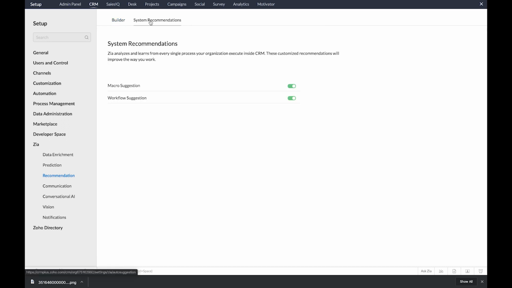Now, other is the system recommendation. Apart from the custom builder, where you can build your own recommendations, we also have the system defined recommendations. So how does this work? When you close a successful deal, you're sending an email to the respective customers. You perform this activity on a daily basis. Now, Zia tracks these activities and trends and suggests automations such as workflows or macros as substitutes, which largely helps you save your time and perform unique automation which best satisfies your